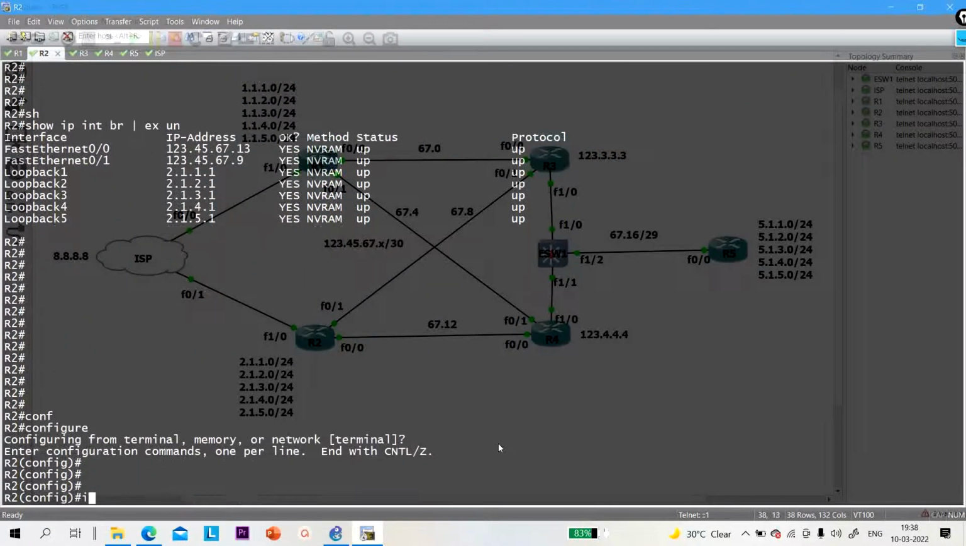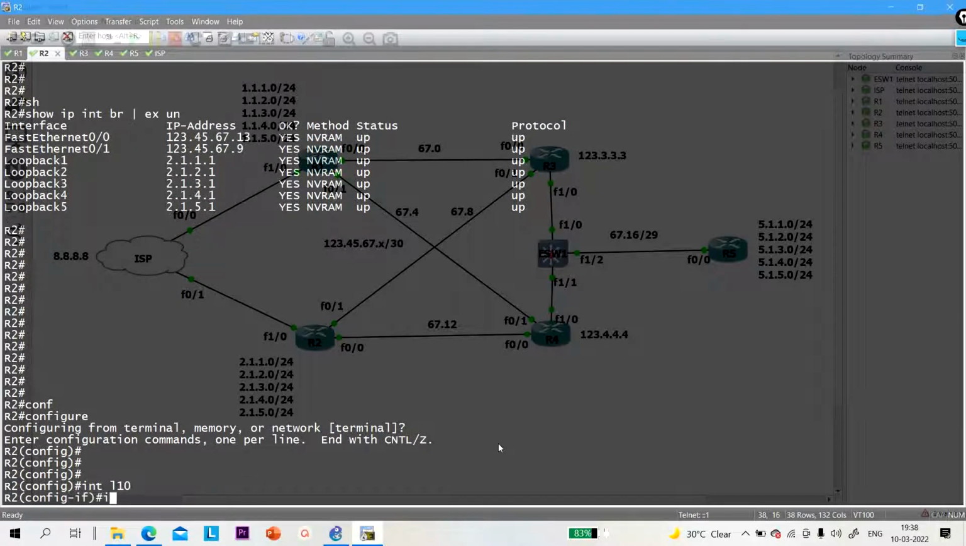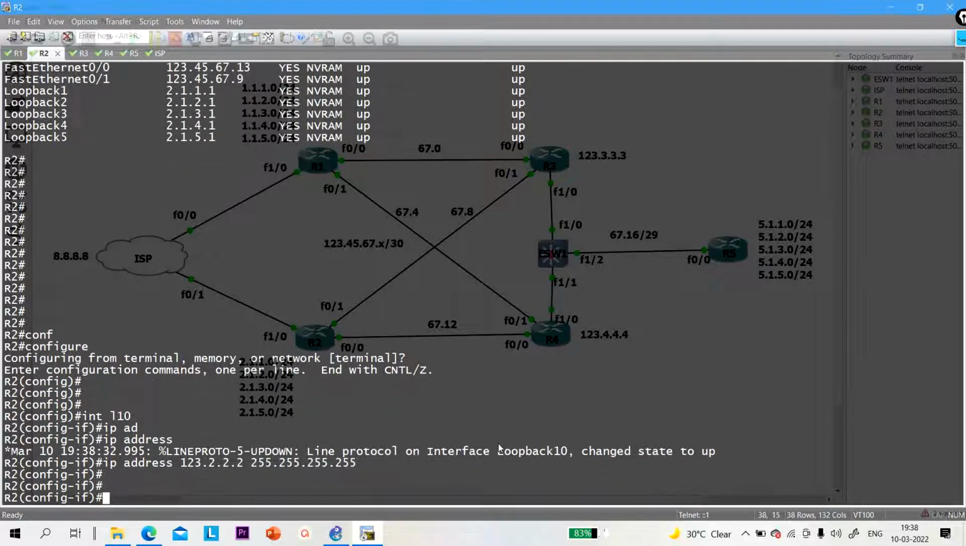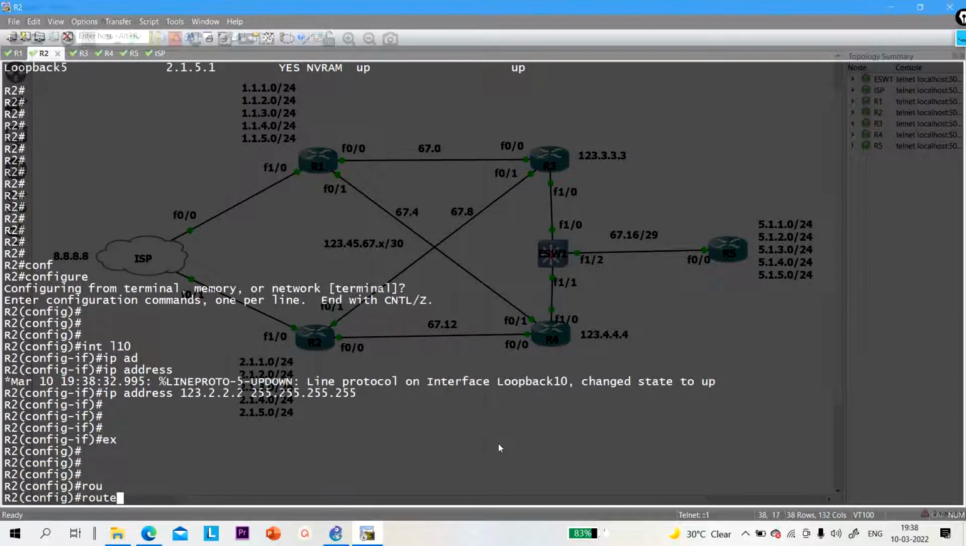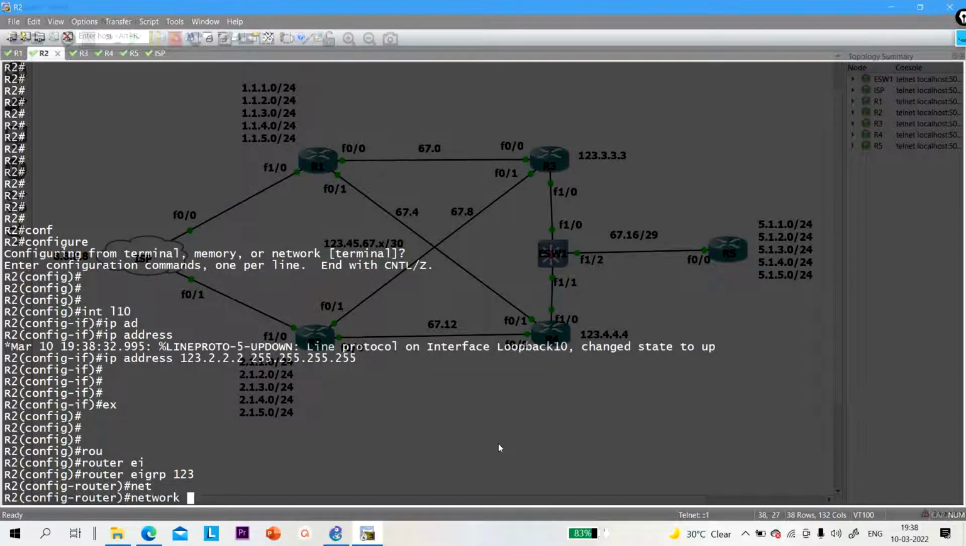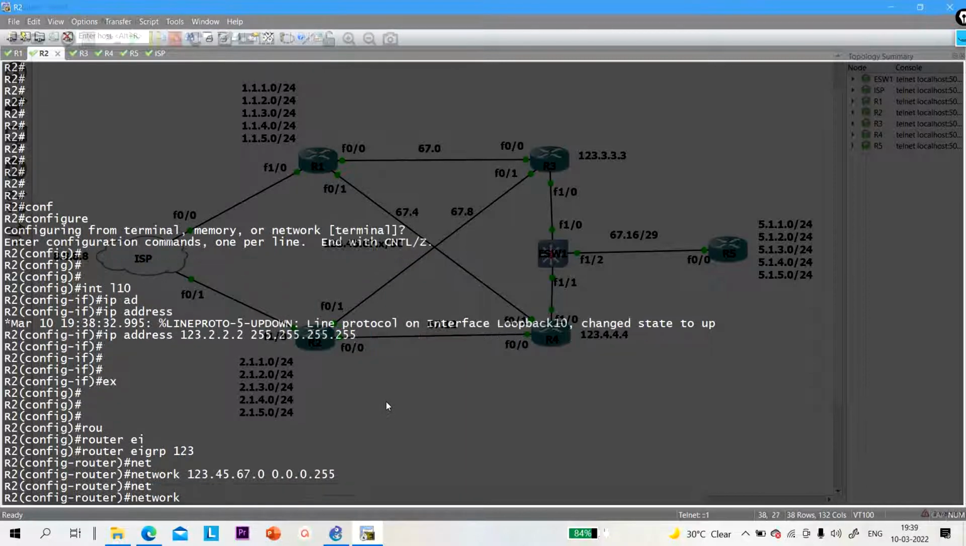Configure terminal, interface loopback 10, IP address 123.2.2.2 255.255.255.255, router EIGRP 123, and network on R2. I am advertising 123.45.67.0 0.0.0.255, and loopback is 2.0.0.0 0.255.255.255. Okay,